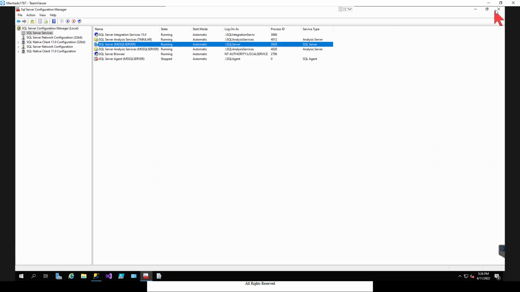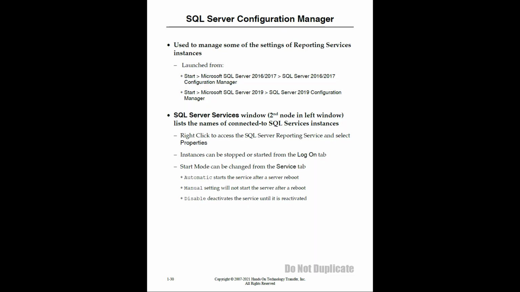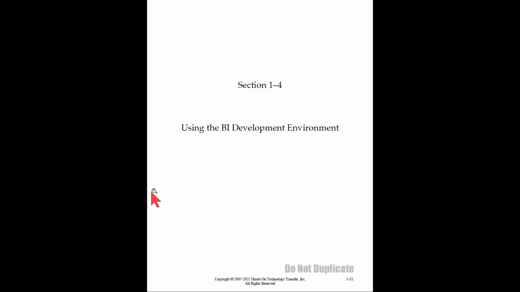SQL Server Configuration Manager is used by administrators to do a variety of different tasks. That's the end of Module 3. In the next module, we're going to take a look at using the business intelligence development environment, specifically Visual Studio 2019. I will see you